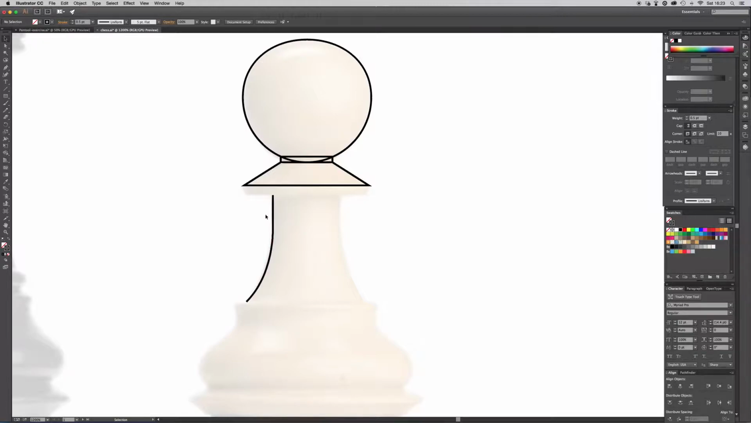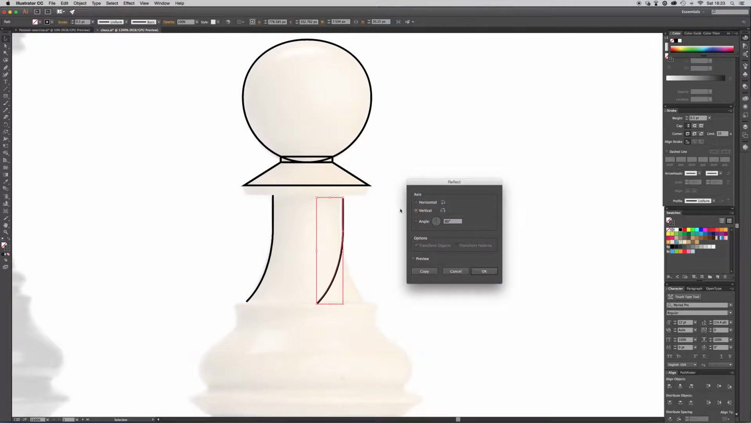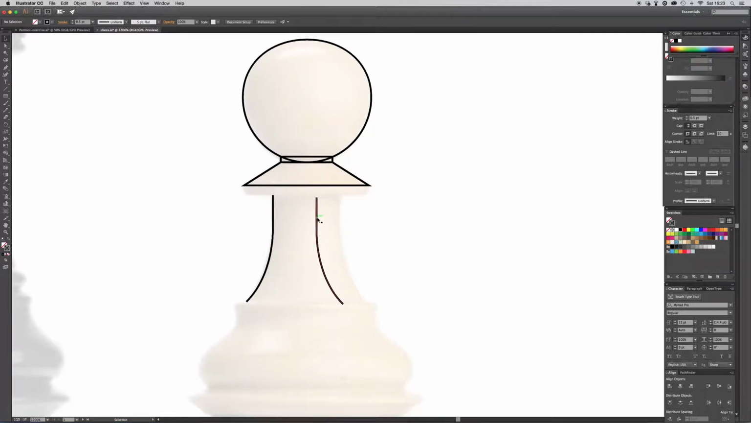Or, if I hold that and I hold the Alt key, you can see now my cursor changing, and I click and drag, I can replicate that object there. Then if I go to Object, Transform, and Reflect, and obviously I want to reflect in the vertical axis, click OK. And then I can use my Smart Guides to line that up. And then if I come back to my pen tool,